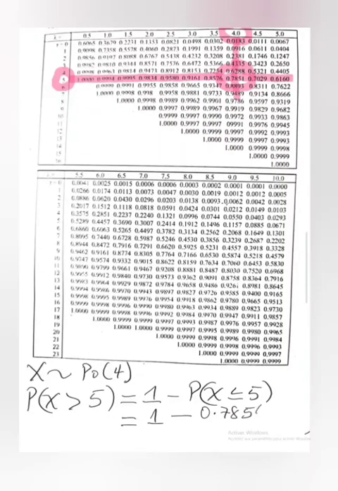I can now complete my calculation by subtracting 0.7851 from 1, and that gives 0.2149 from tables. Always write this from tables in order to indicate where your value is coming from, because you have shortened the